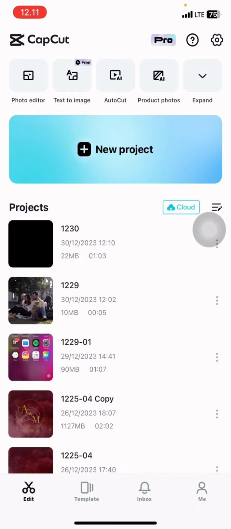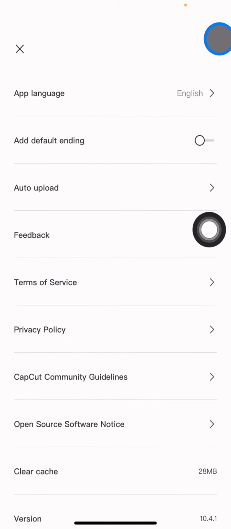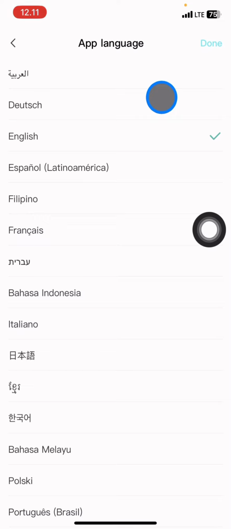How to change the language that you use on a CapCut application. As you can see, the language that I use now for my CapCut application is English. So if you have trouble understanding the language, you just need to change the language on this application by going into the settings, and right away whenever you open it, on the top rows there will be app language. So you just need to click it and